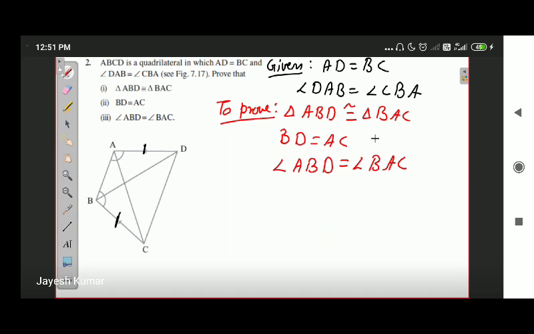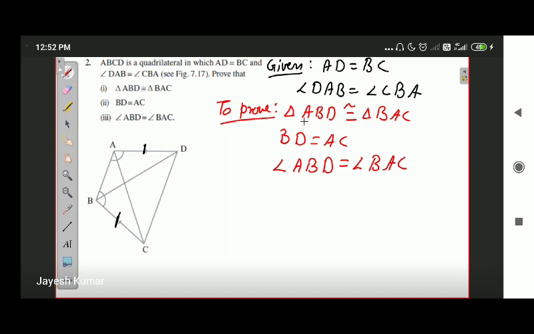Students, in these types of questions, usually when we prove that the two triangles are congruent, we will get other parts proved by using the congruent parts of congruent triangles property. Okay, you already know once the triangles are congruent, all six pairs of entities are equal. All three angles are equal, all three pairs of sides are equal. Okay, so first of all we need to focus on how to prove both the triangles congruent. After that we will see how to move on. Okay, in order to solve this question, just so that you can understand, I will draw the triangles that we have to prove congruent once again.